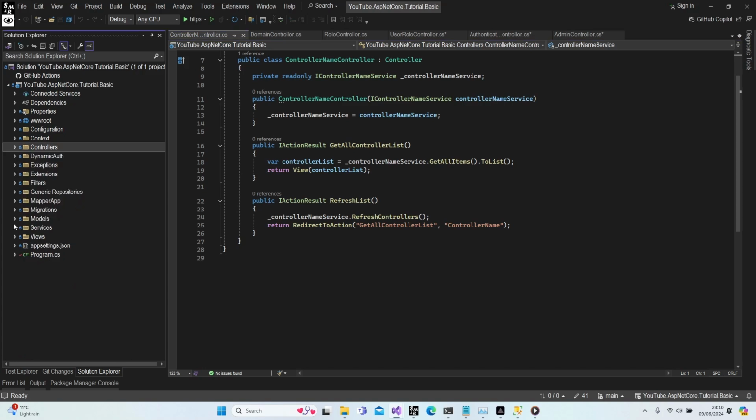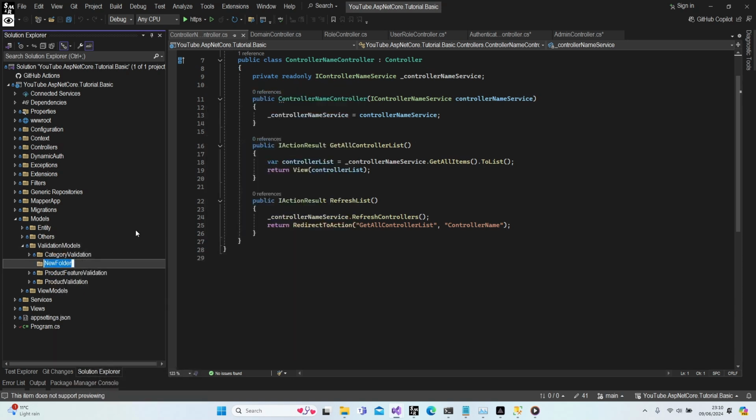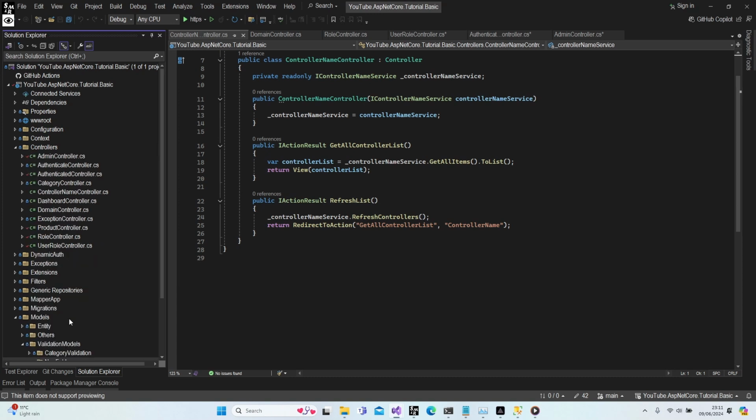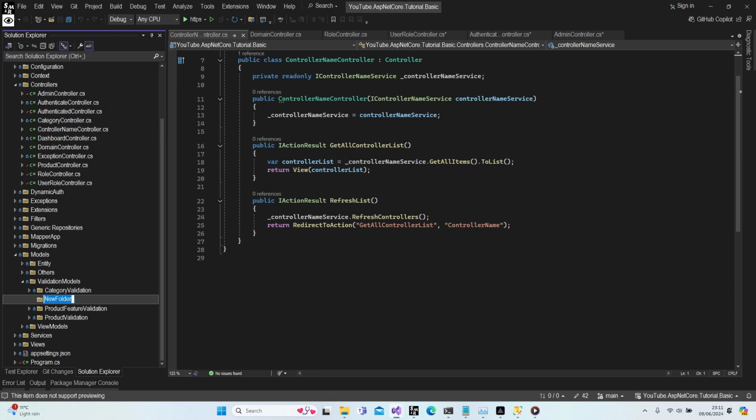Another thing I would like to show you: I couldn't add the validations for all my controllers. Now I'm going to create folders for you. I'm gonna leave it to you to add validations to complete this project. Okay, let's start. Let's open my controllers. All right. Actually, I have a list here. Let me check. Okay, the name is domain